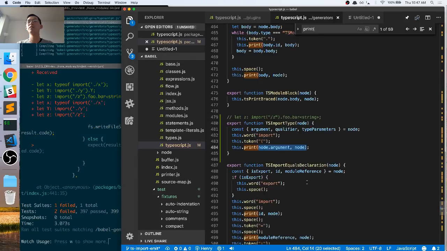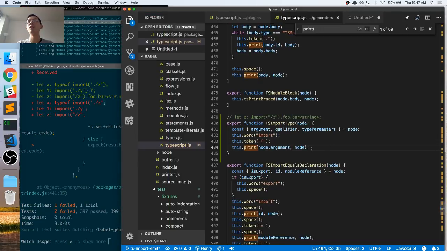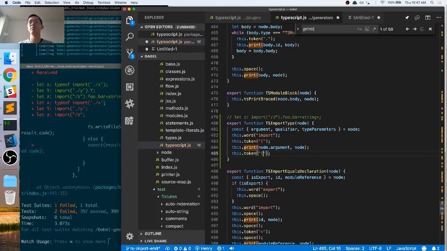So the first argument, I think this is just parent, and this is the thing you're actually printing. That's all. And if you look at all these, it's the same thing, so mostly. Okay, so we did that, and it looks like we added the string, which is good. And it's funny because I already added a semicolon. Wait, did I already do that before? Okay, so that's good. So next, the next one is pretty simple because we're just doing the